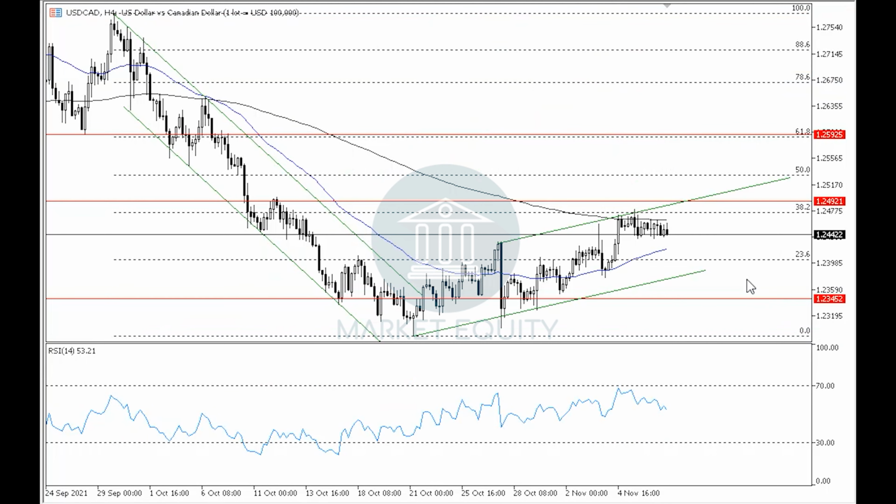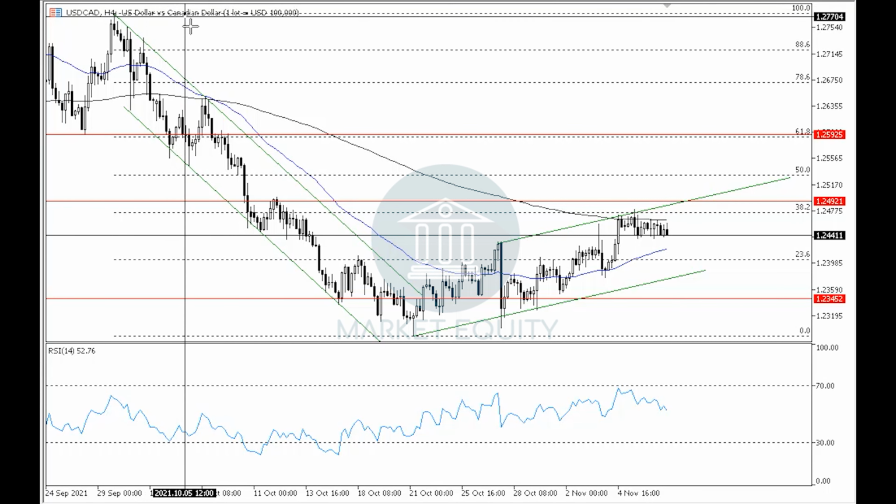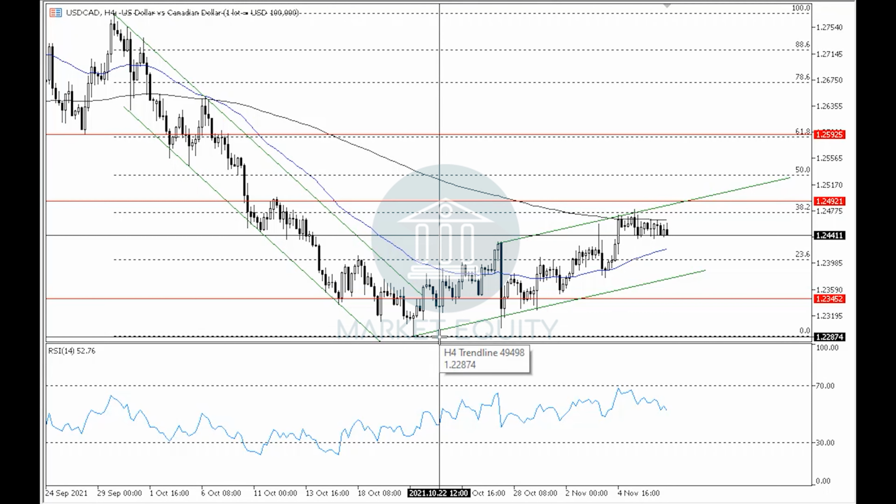In the 4-hour time frame, we can see that the pair is currently moving in an upwards channel where it has started to rebound down off of around level 1.2480 near the upper boundary of the upwards channel in the 4-hour time frame, which also resembles level 38.2% Fibonacci of the previous downwards movement that started around level 1.2775 and ended around level 1.2285, which by rebounding down off of around these levels will support the return to